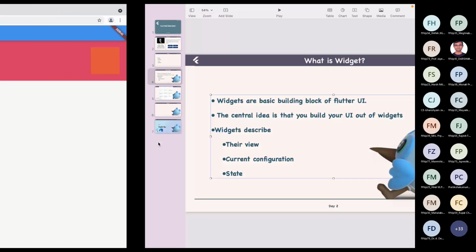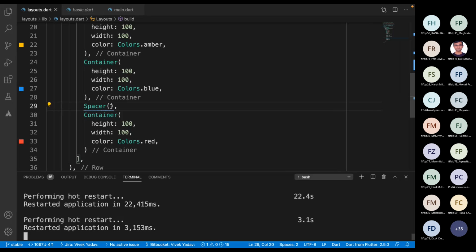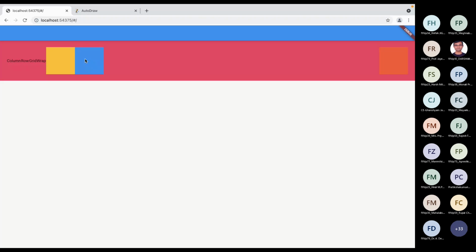And if we look at the code, we can see that after blue, we have a spacer widget, and after spacer, we have the red. So after blue, we have a spacer which is taking all available space for it. It is taking all the space and doing nothing. It is not showing anything at that place.